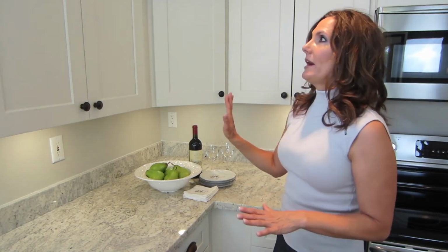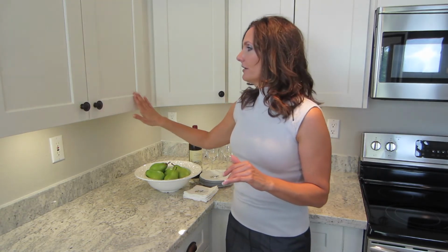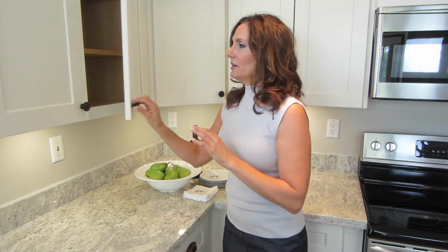So what I love about these cabinets is they're very basic in design. So they're a very basic shaker cabinet, which is everywhere right now. What I love about these is that they're self-closing, meaning if anybody goes to get a glass or a cup or whatever, and you decide to let the door close,